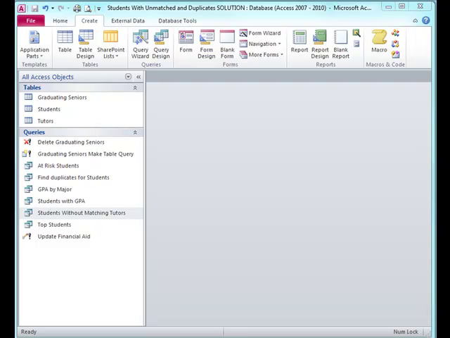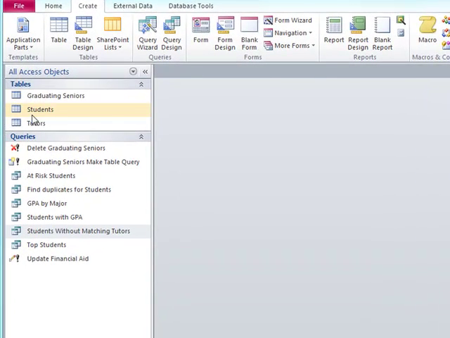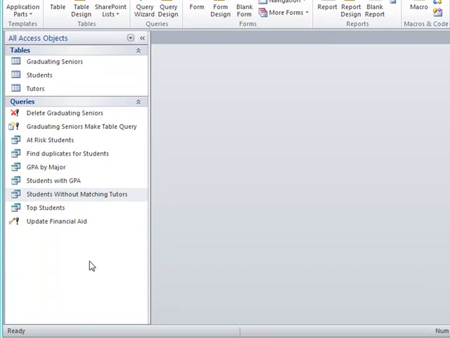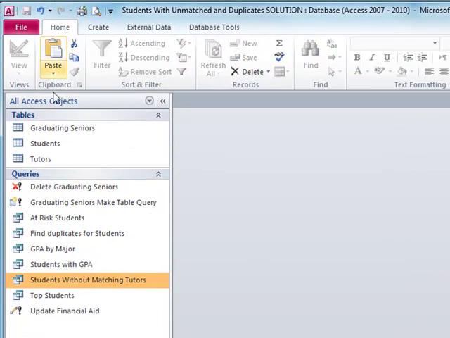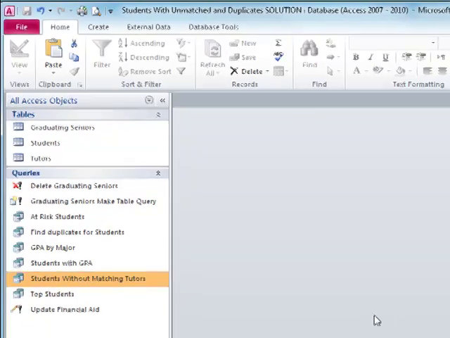The last kind of query I want to show you is one called a parameter query. You already know that we're keeping track of students with different majors: liberal arts, communication, business, that kind of thing. Well, if I wanted to create a report for business students, or just see business students, I'd have to create a query that was maybe to select out business students, and I'd have to put business in the criteria under